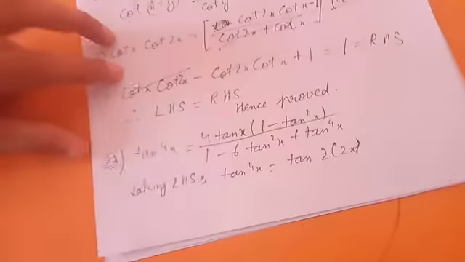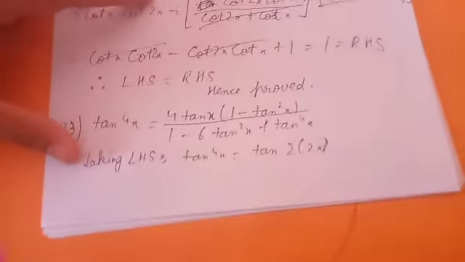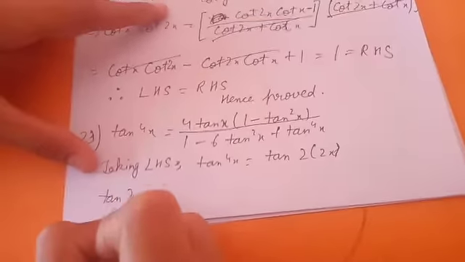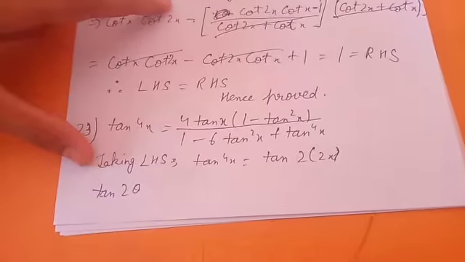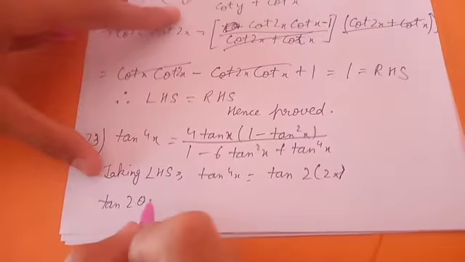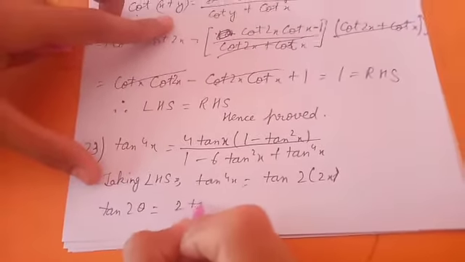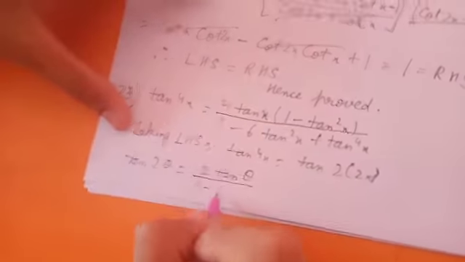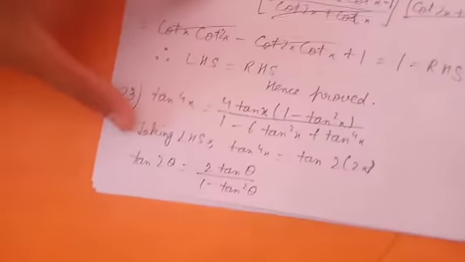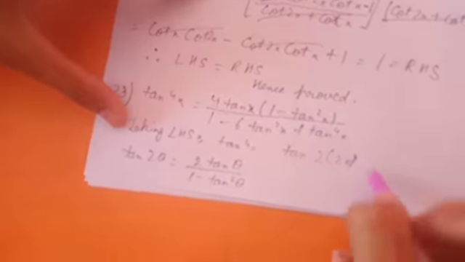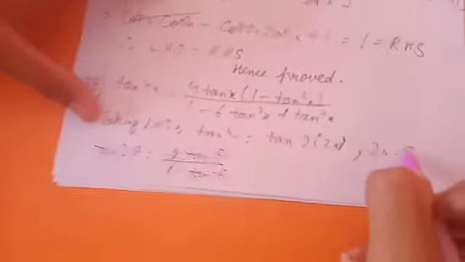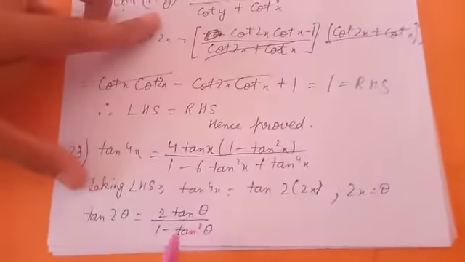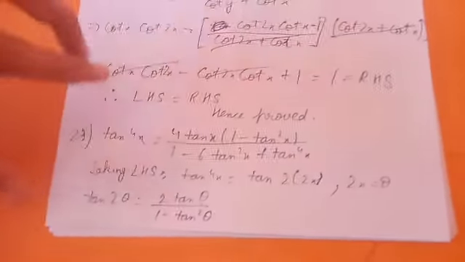Okay, now we know the formula of tangent 2 theta, where theta is any angle. Tangent 2 theta is equal to 2 tangent theta divided by 1 minus tangent square theta. And in this question 2x is equal to theta. Okay, means in place of theta we can put 2x. So what we get is